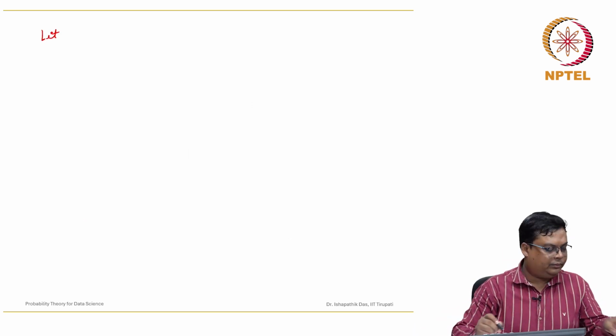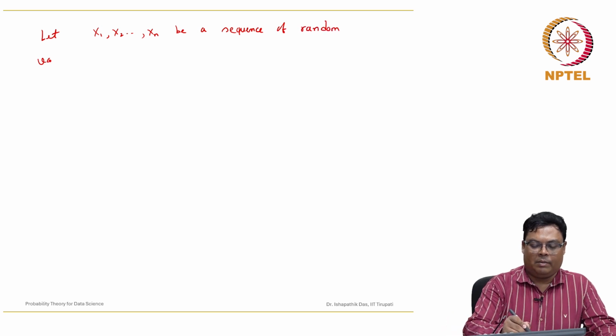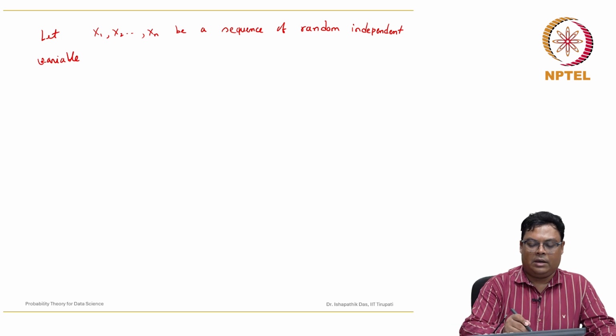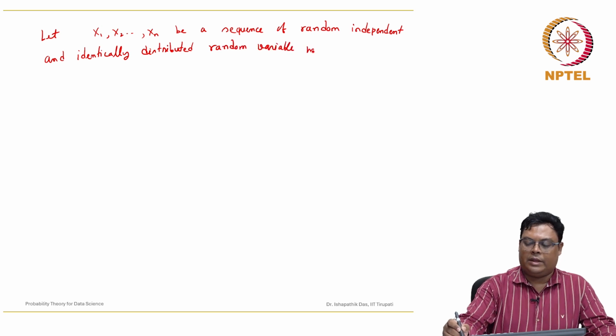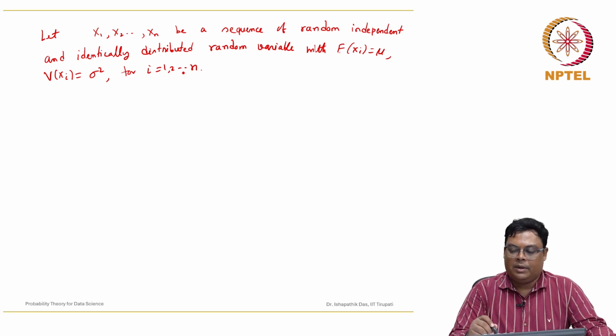Let x1, x2, ..., xn be a sequence of independent and identically distributed random variables. Here we assume that it has finite mean mu, and variance of xi is equal to sigma square for all i equal to 1 to n, because for identically distributed random variables their mean and variances are the same. So, let